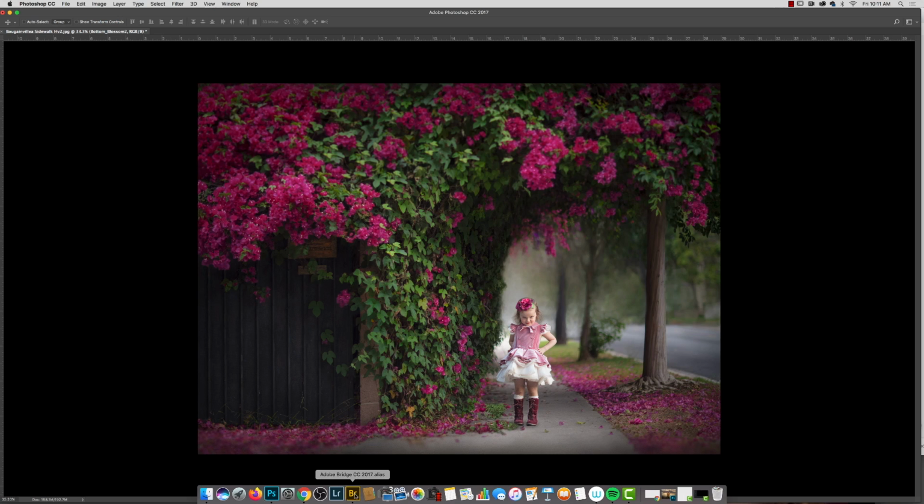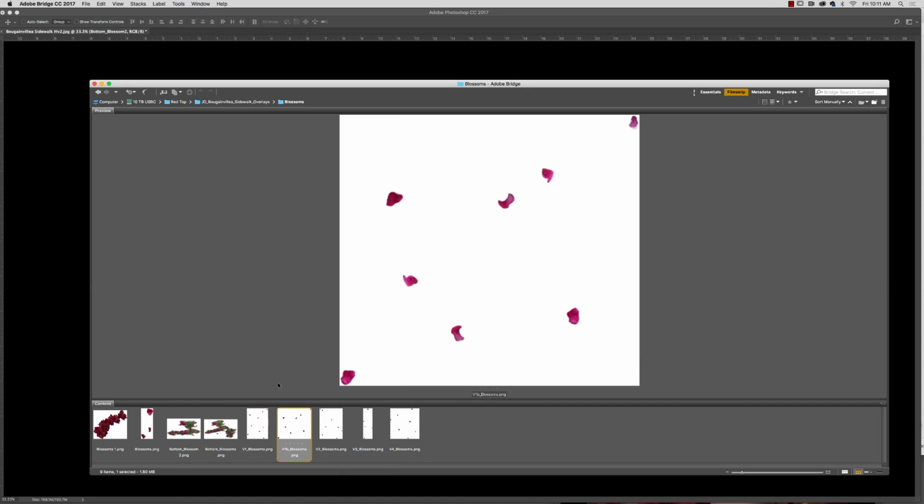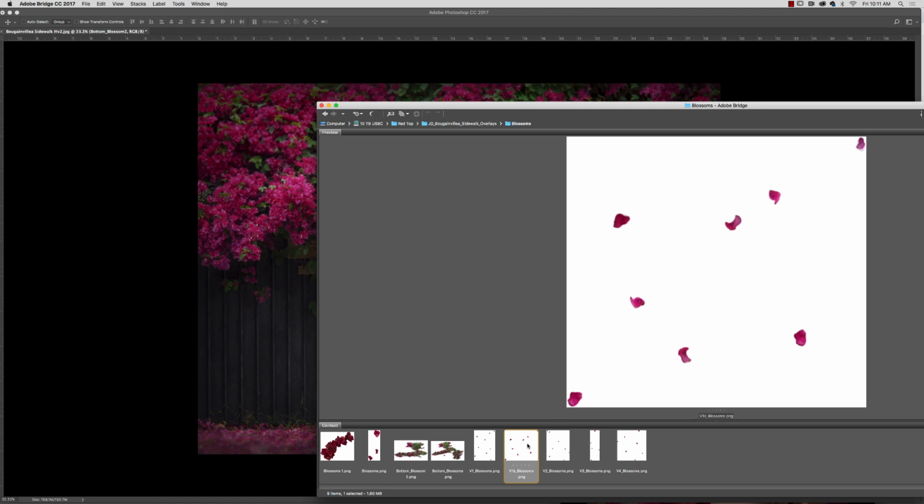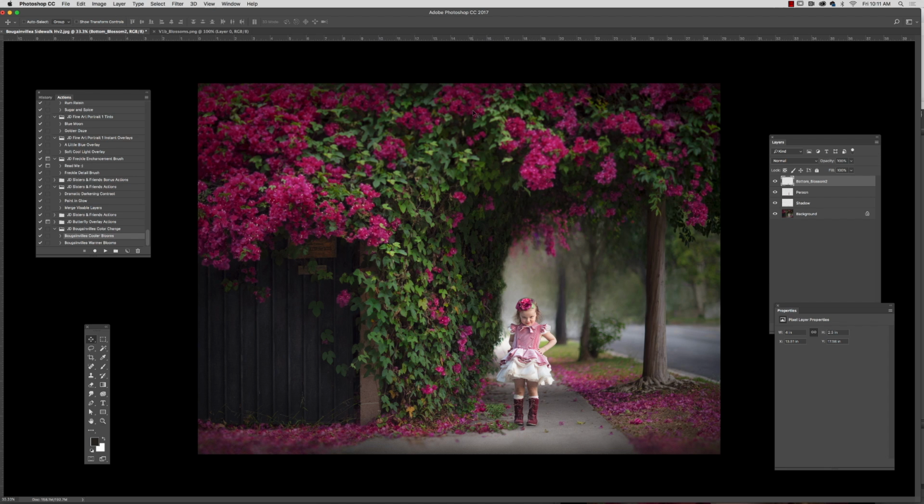And now let's go ahead and add some falling blossoms. So I'm going to pick out the one that I like, open it up, and copy. Select all, copy, and then paste it into my image, and then just adjust it and place it where it feels the best. I can use my transform tool and rotate it so that it falls a little bit differently around her. And once I'm satisfied,